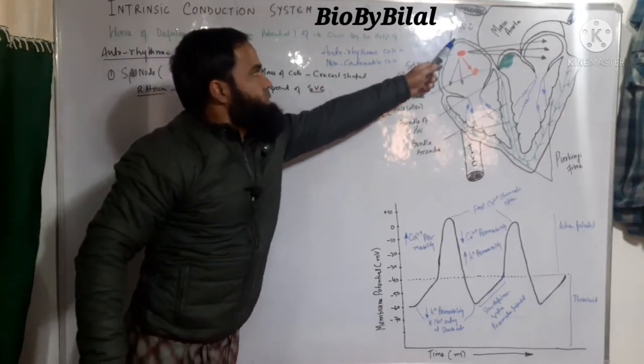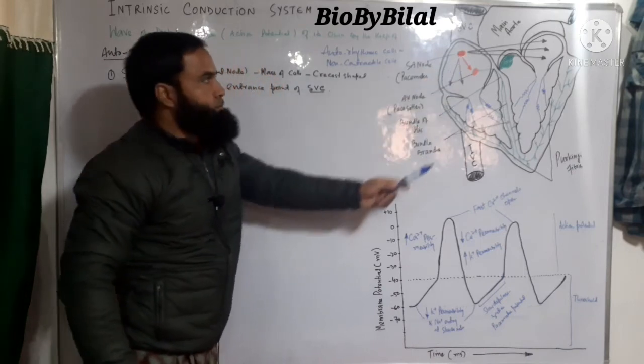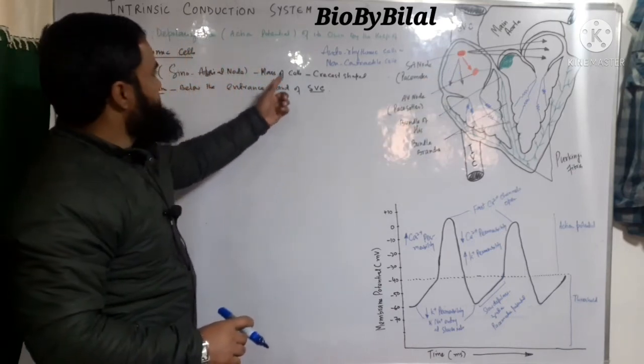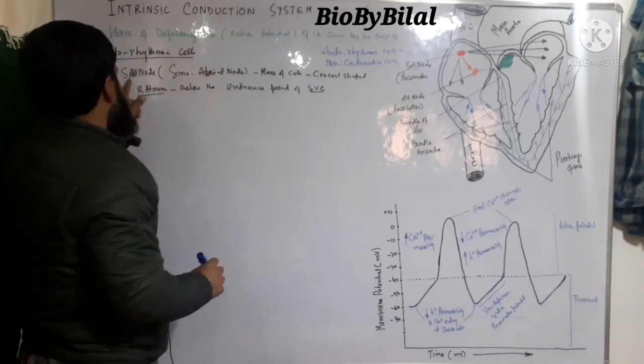Here is an entrance point of the superior vena cava where it is located as a patch of cells or the mass of cells. This SA node